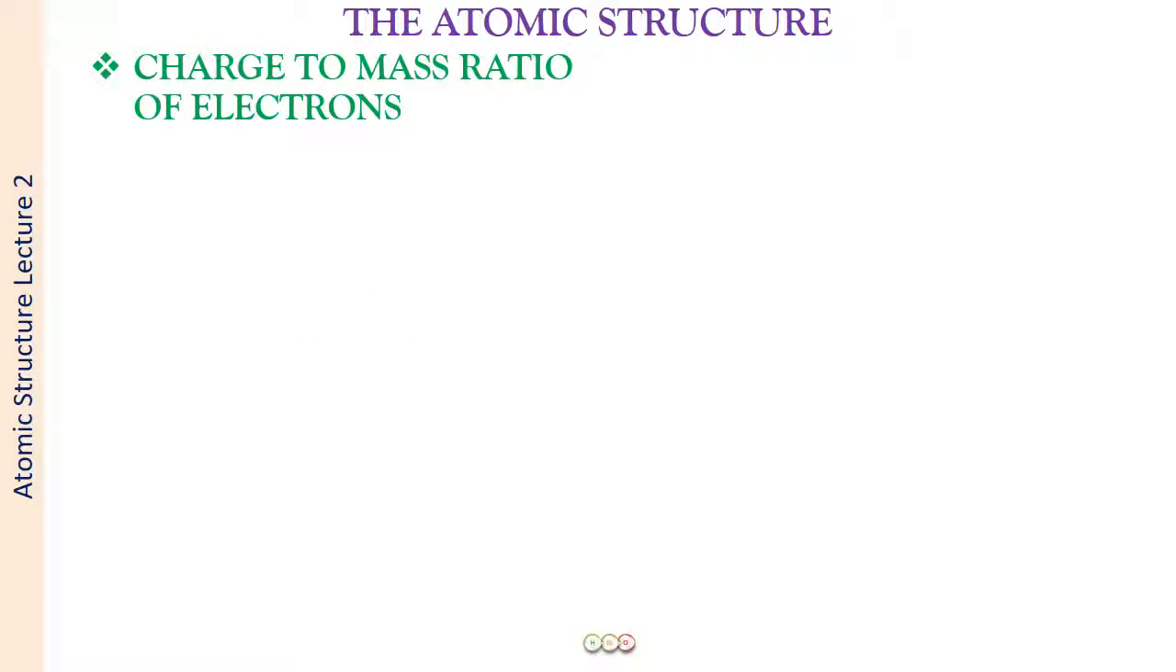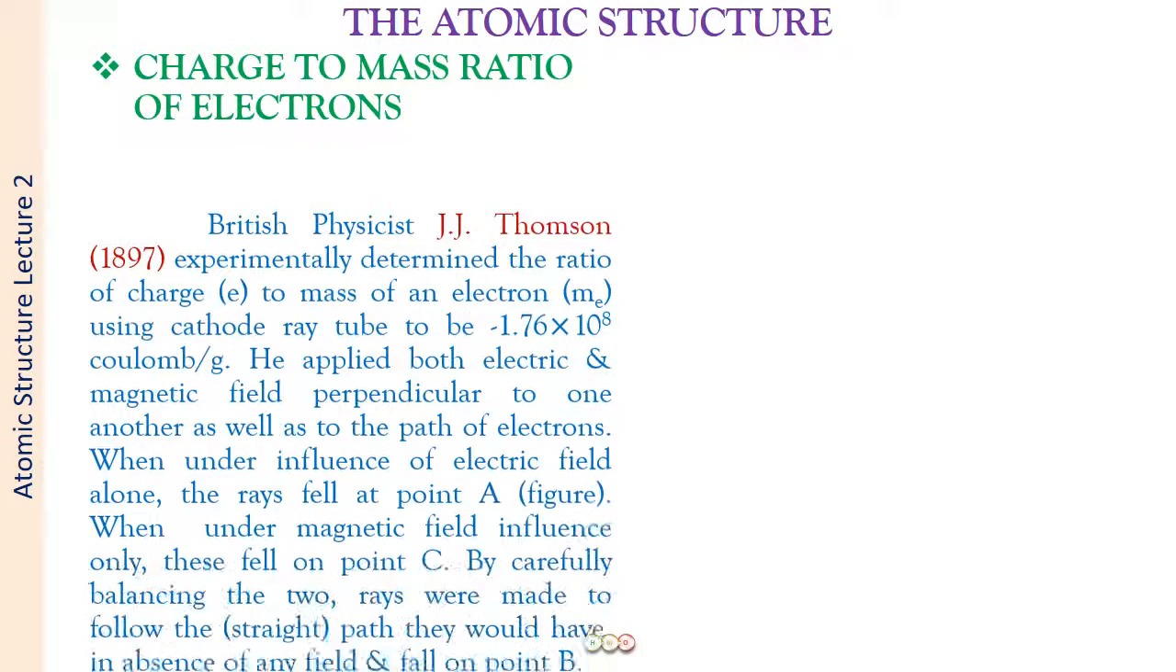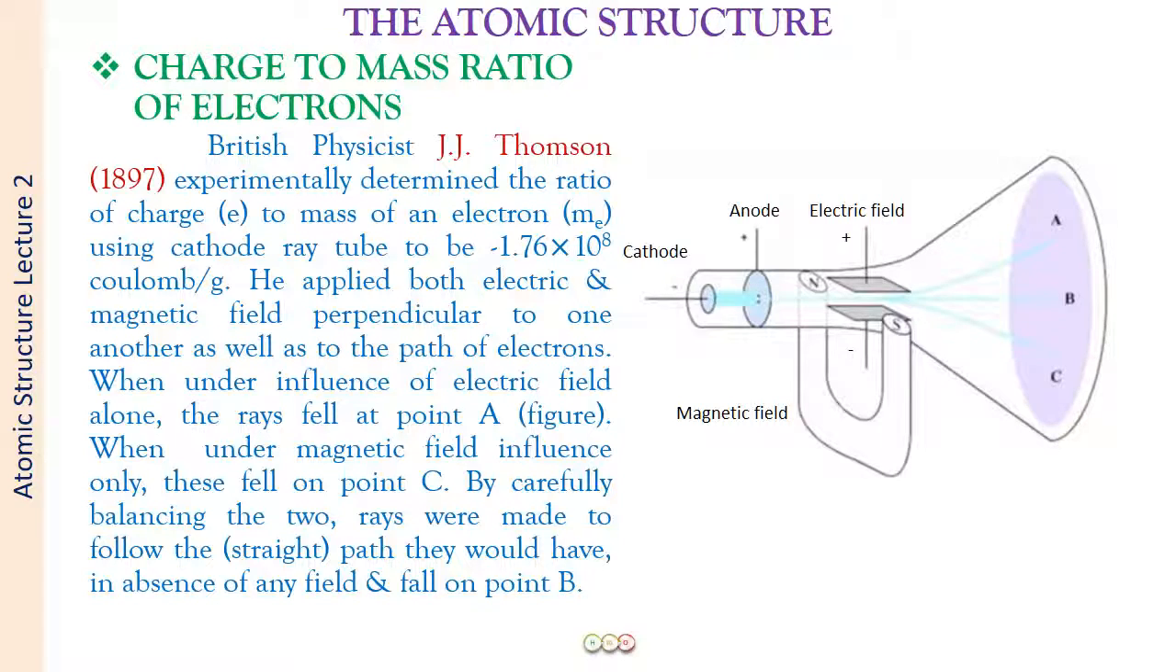So now let us study how Sir J.J. Thomson determined the charge to mass ratio of electrons. He used a cathode ray tube which was quite similar to the TV picture tube, and this he used to measure the ratio. This is the apparatus he used, and it is essentially the same cathode ray tube which we